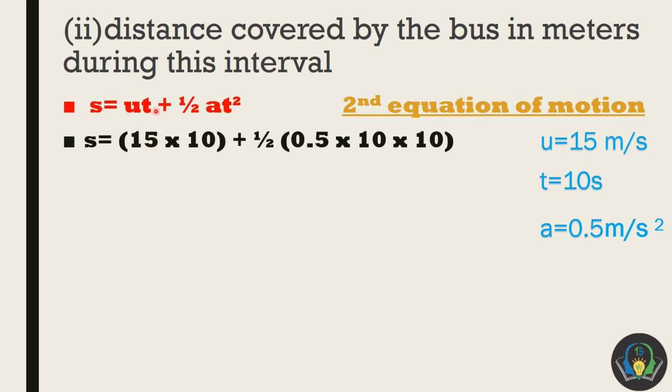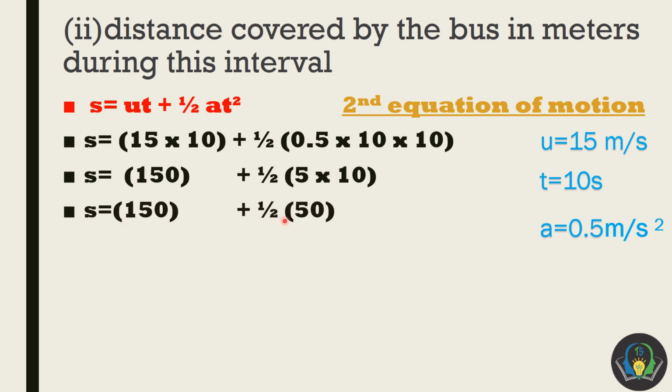So u is 15, t is 10, half, a is 0.5, and always remember to keep this as t square, so t into t means 10 into 10 in this particular case. Now simple math: this becomes 150, 0.5 times 10 becomes only 5, and this 10 is carried forward. So we just have to multiply 5 into 10, which will be 50, and at last we get 150 plus half of 50, which is 25. So 150 plus 25 will give us